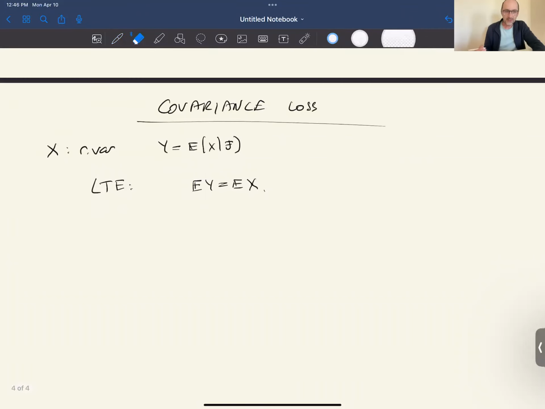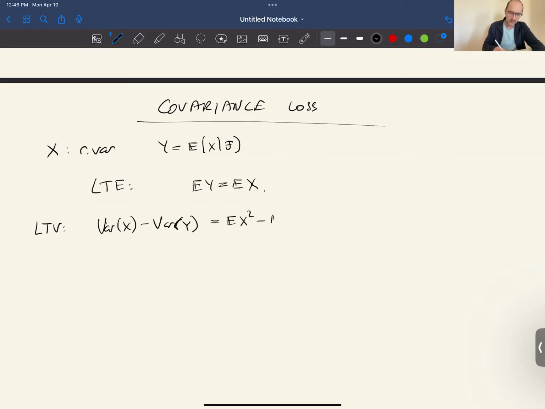You can ask, what about variance? The law of total variance. There is some loss, right? If you take the conditional expectation with respect to the entire sigma algebra, the variance is killed completely. You get a constant out of it. So there is some loss. What is this loss? This is going to be positive always. And if you work it out, it's a simple identity: the expected value of (X minus Y) squared. So as you can see, it's positive, and so we say that there is some loss of variance.